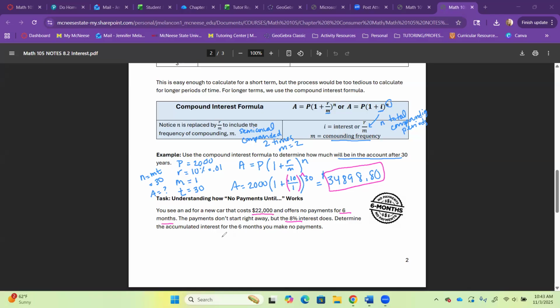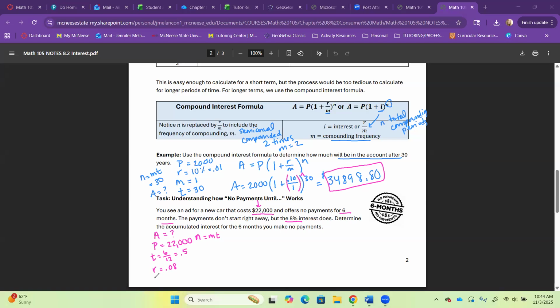An easy way to do that would be to calculate the future value of this principal amount, because it works the same way whether we're saving or taking out a loan. If we find the future value, then we can just take the difference between that and the original $22,000. That would be a good way to calculate this. So our principal balance is going to be the amount that we take the loan out for. It's for 6 months, which remember is in years. So 6 divided by 12 would be half a year, 0.5. Our rate is equal to 0.08, and we're not going to make any payments. We've got to calculate n, which is m times t, and